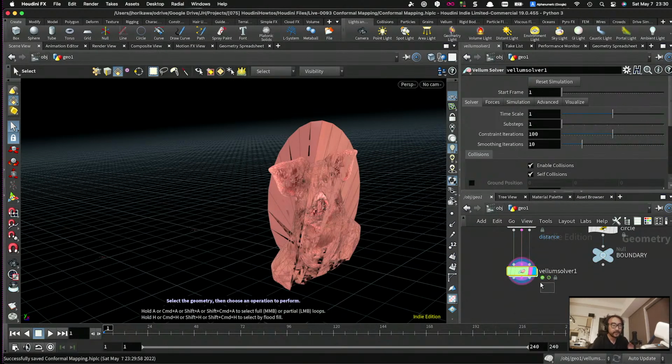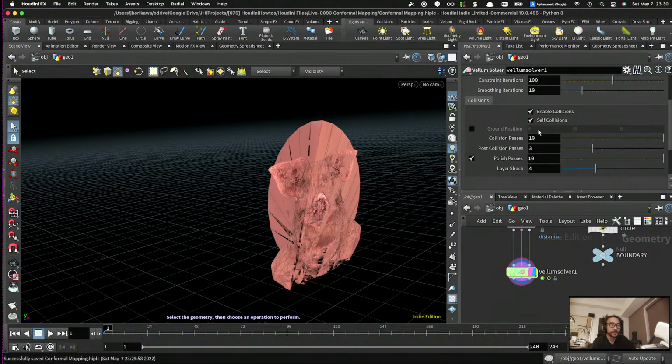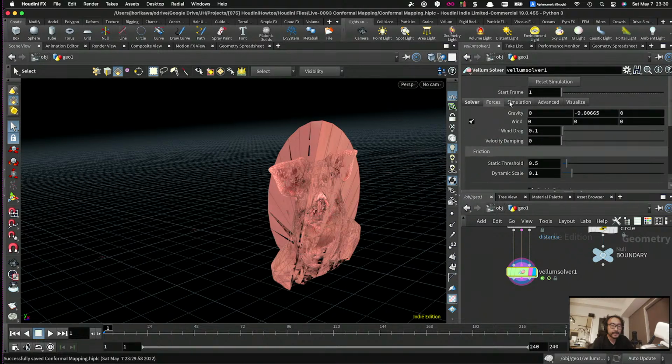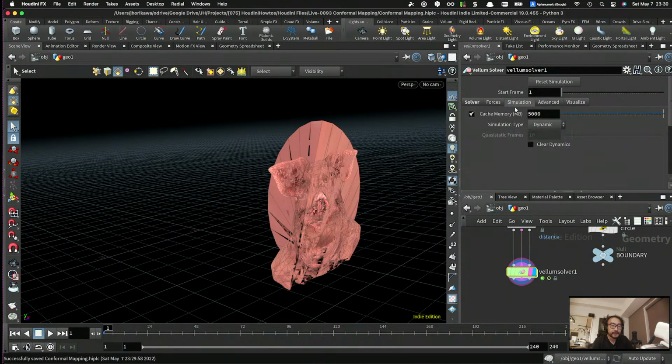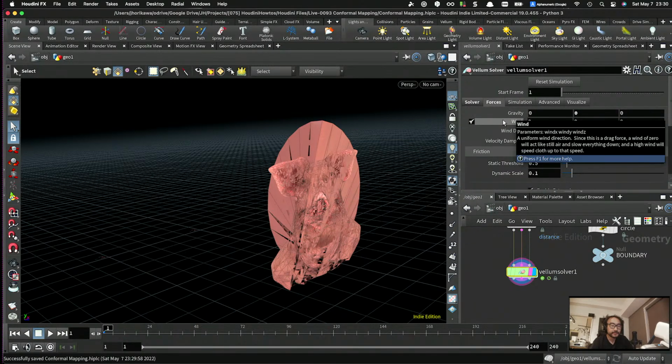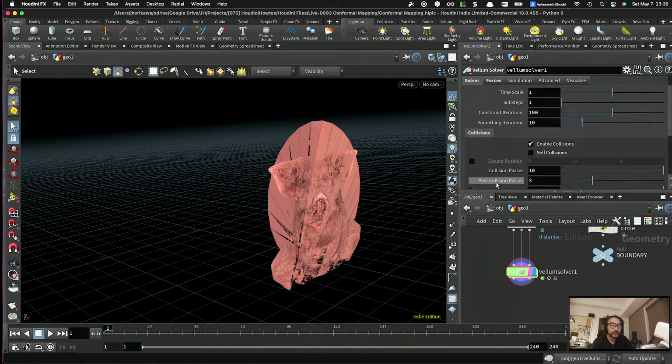Another constraint, or setup, that I need to do is, by clicking the Vellum solver, there are options called self collisions. So I do need to turn this off as well, because I don't want to have a self collision in this kind of simulation. And I think that's pretty much it. I don't really need the gravity as well, so let's set it to 0. Okay, and if I play it,